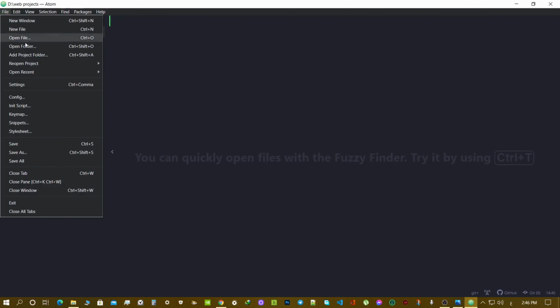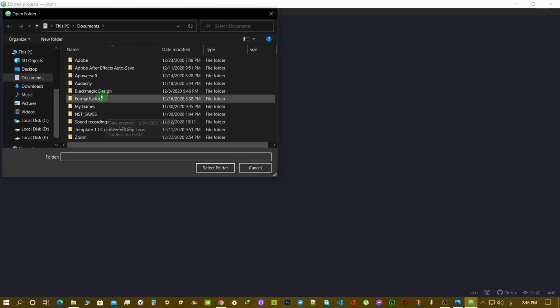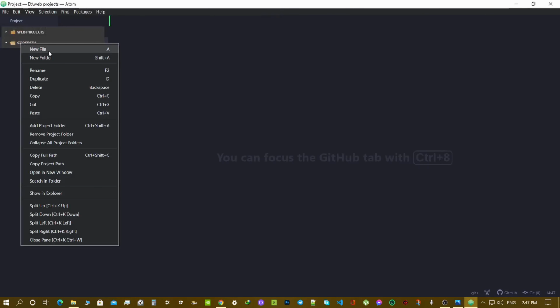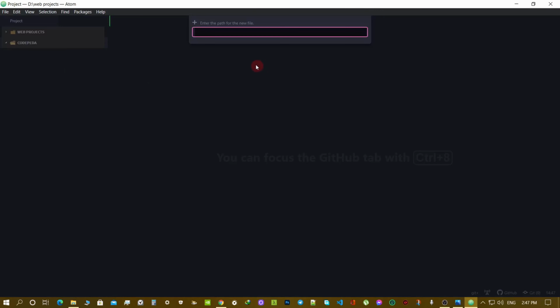Go to File, and now we want to add a folder to save our projects and files. Add a project, and then choose the path where you want to store your folder. Create a new folder and name it whatever you want. Okay, select folder, and we will make a new file, an HTML file. I'll name it